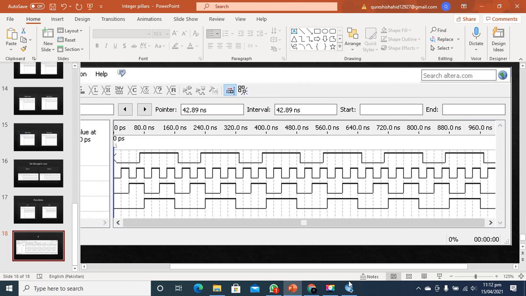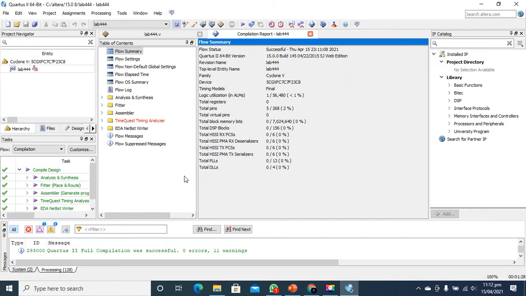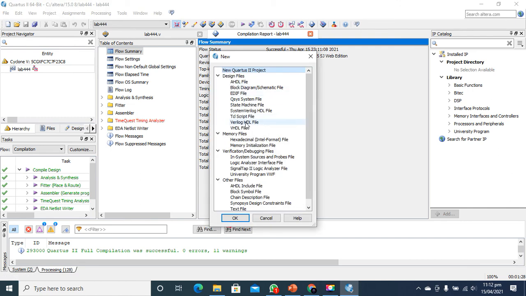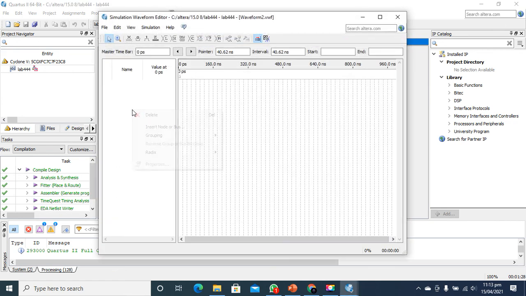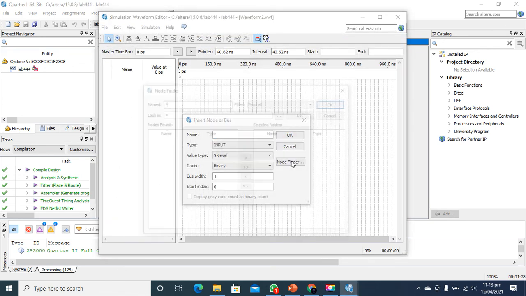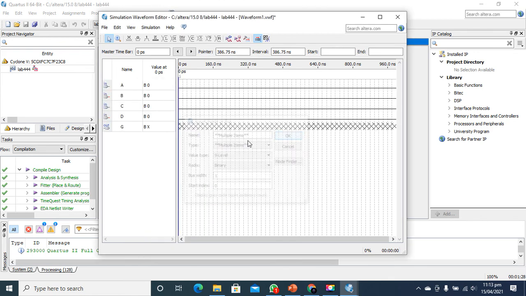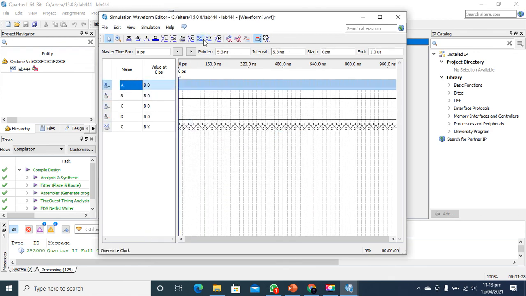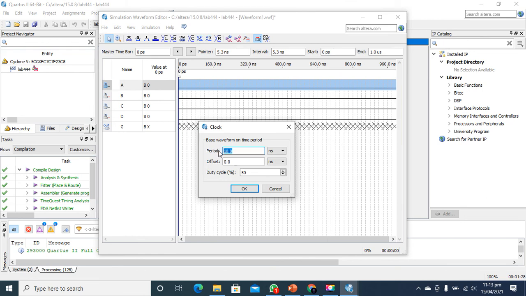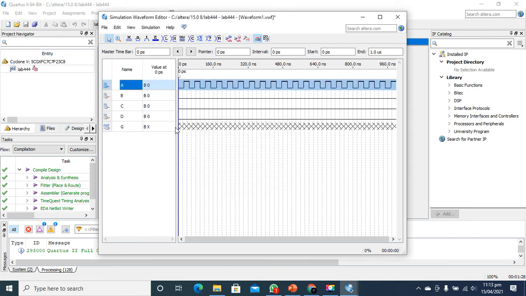And now heading towards Quartus, as our simulation is done, now we will verify the waveform. For that purpose, we again find the node list, and then we change the input values.